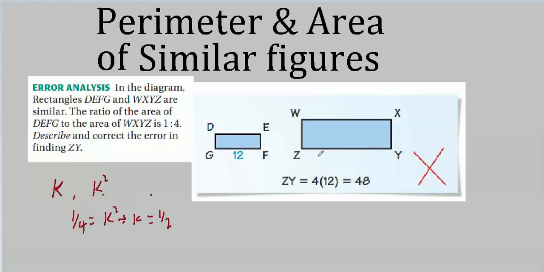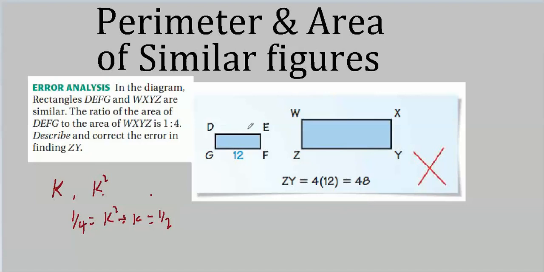They used 4 as a scale factor for these two. Inverting this makes perfect sense, because the 1/2 goes from here to here. This is the smaller one. The area of this one is 4 times the area of this. So this side, this person has decided must be 4 times this one. And that's all wrong. It would have to be the square root of that, or 1/2.